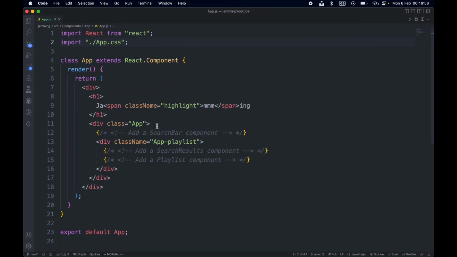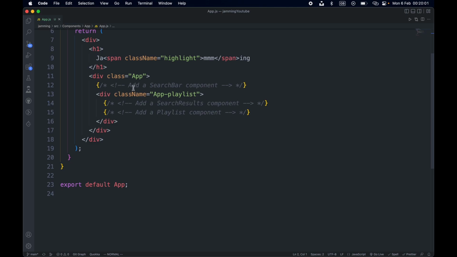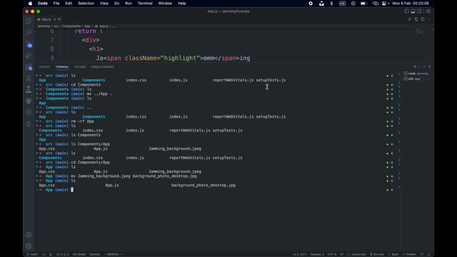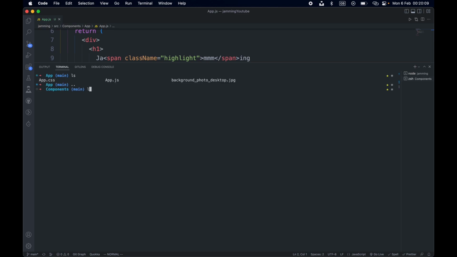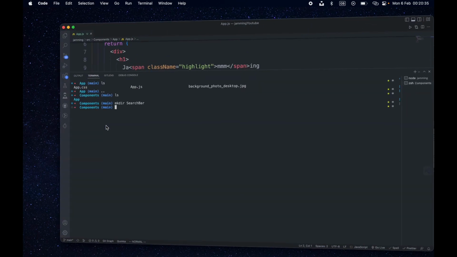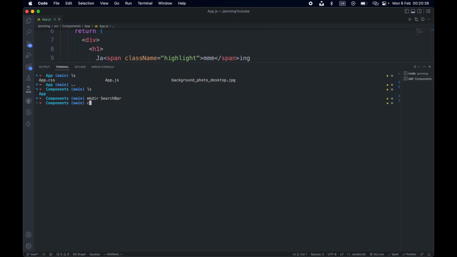Okay, so in the comments here we are told to add a search bar component. So we are gonna do just that. We are gonna make a search bar. So this is the HTML for search bar. So inside search bar, .js and .css,